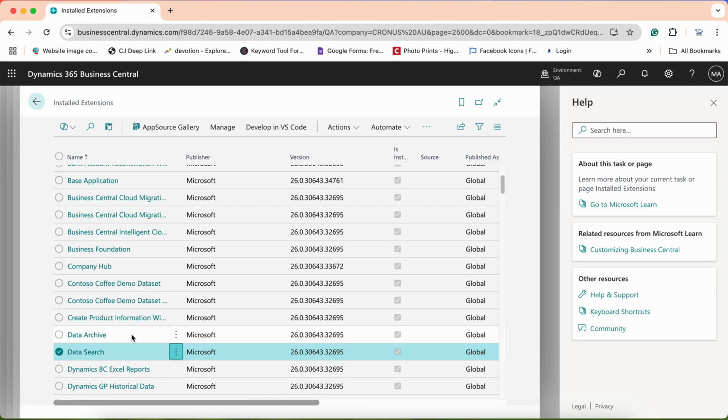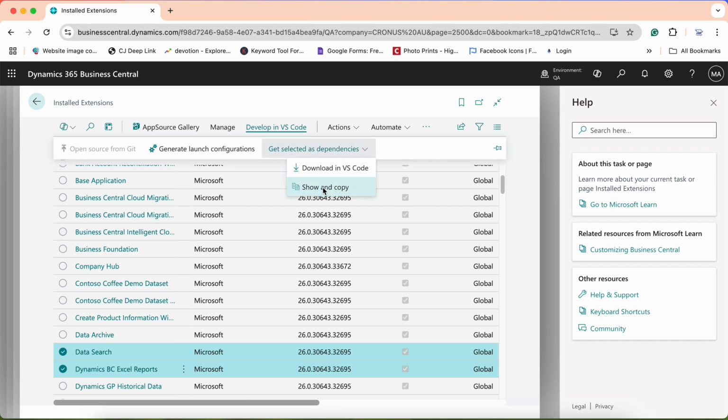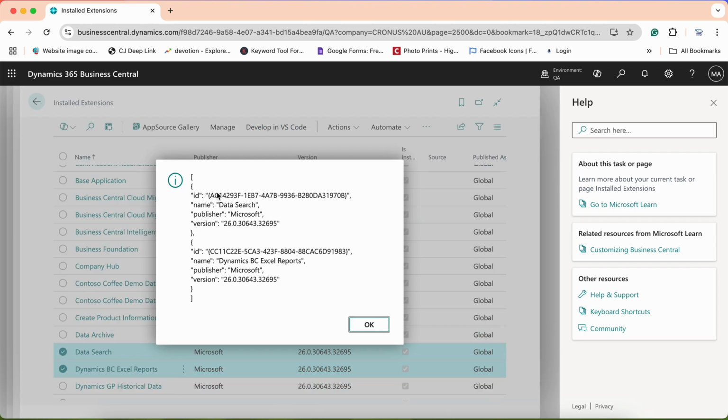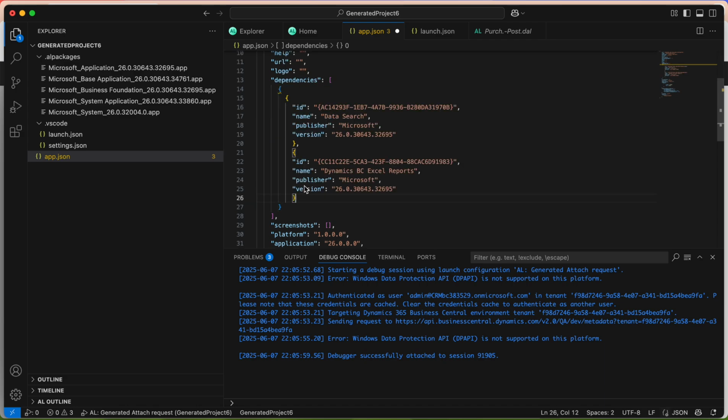So what I will do, I will select these two, and now click on this button called develop in VS Code. So in this, when you see get selected as dependencies, click on it. Now there are two options showing up. First of all, show and copy, which means you just click on it and it will give you a format which you can just copy, right? And click on OK, and you can paste it up like this,